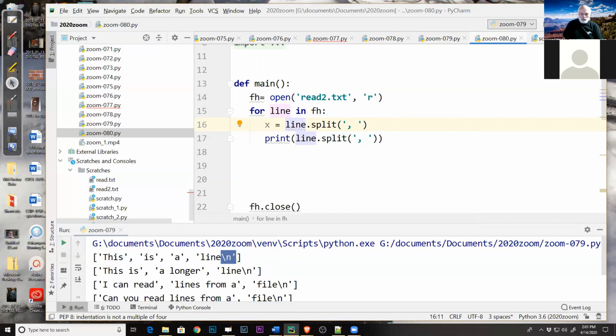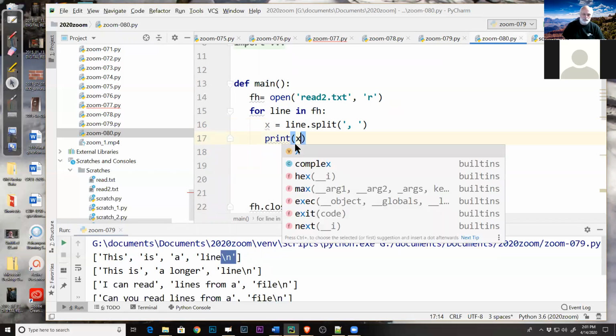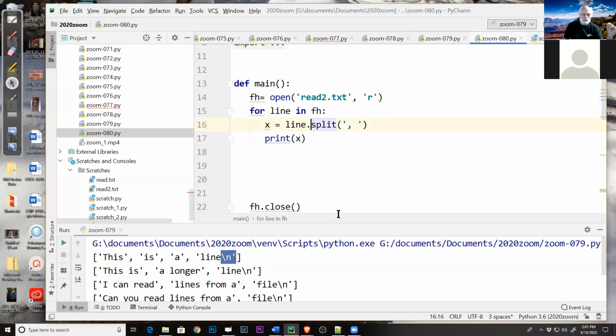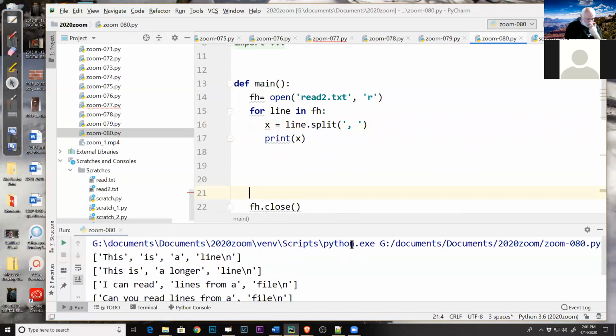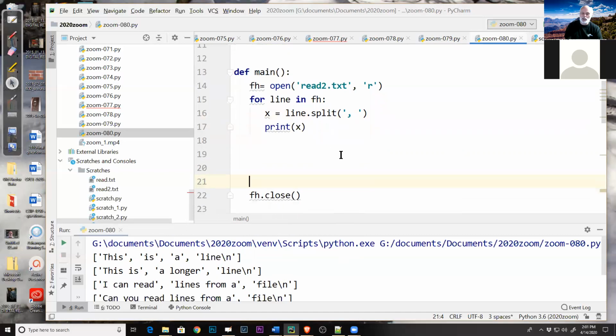So it's going to create a list X. And if I run this now and print X, I get to wait again. There we go. That gave us the same thing as I had before,